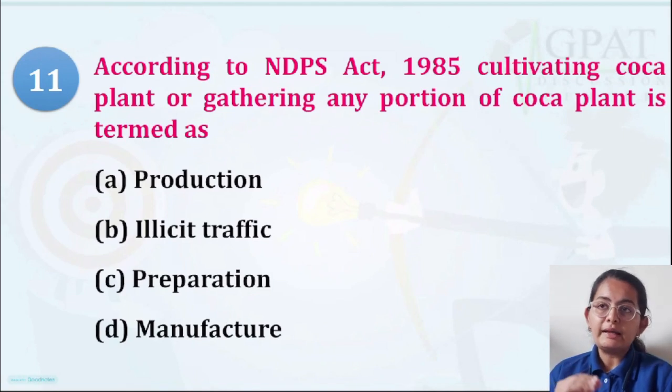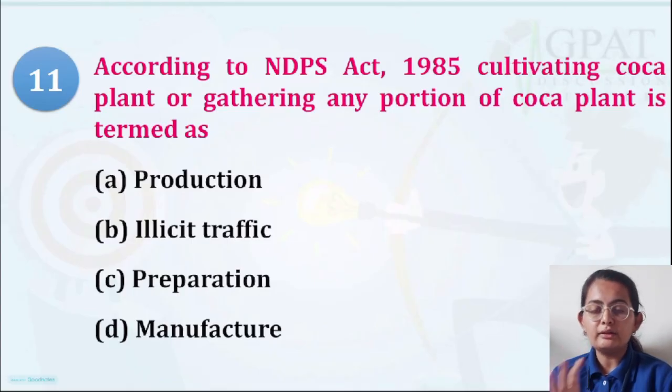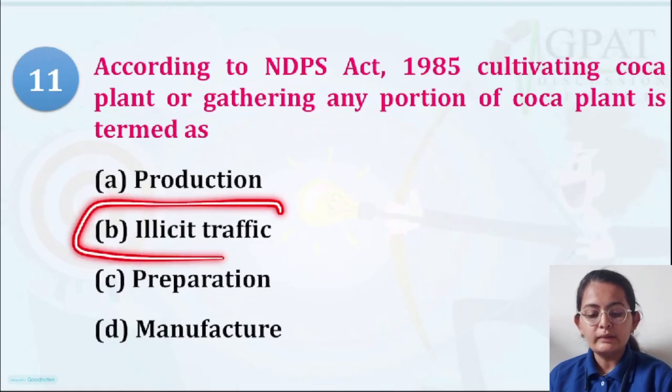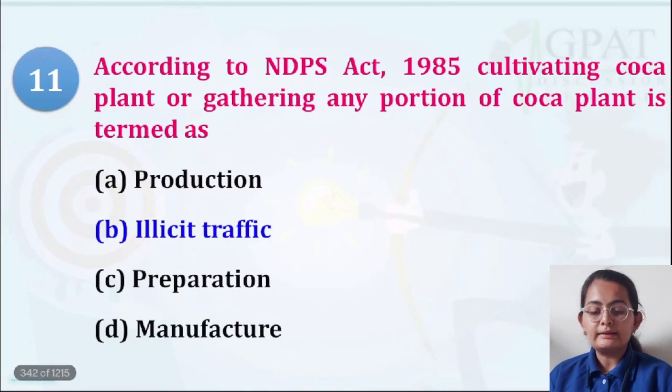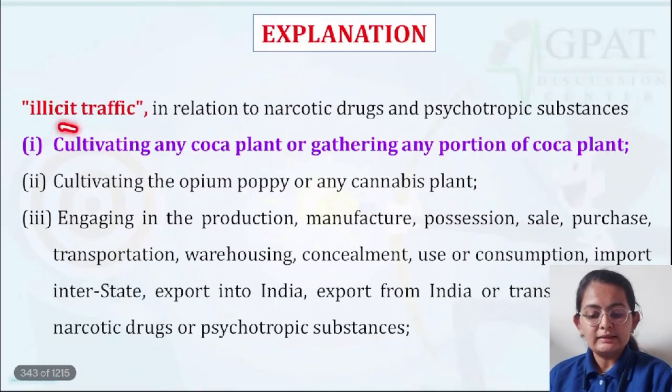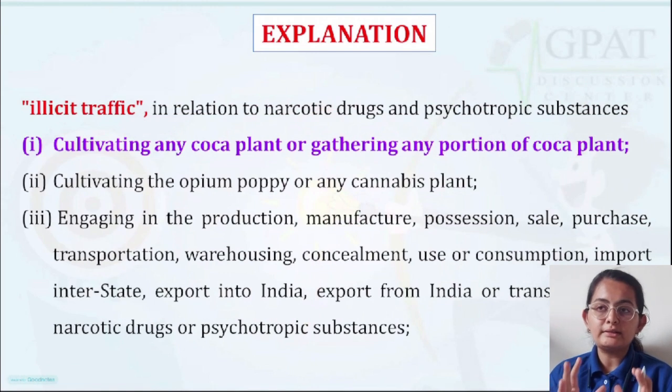So, if anybody is doing the cultivation or gathering of any of the plant without permission, or if it has not been approved by the government, it is known as illicit trafficking. That means illegal movement, illegal transportation or illegal cultivation, manufacturing. It is called illicit trafficking. That's why option B will be the correct answer. Do remember this particular thing. Illicit trafficking also includes anything which is related to opium. That means from cultivation till transportation, everything is illegal if you are not approved and doing this